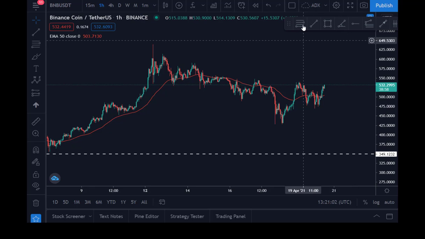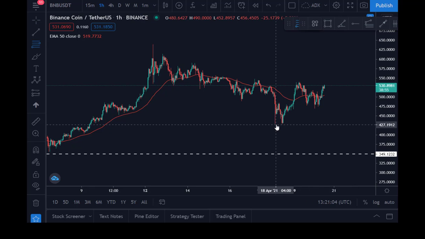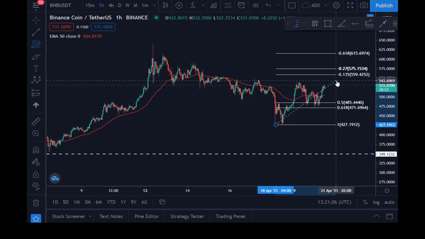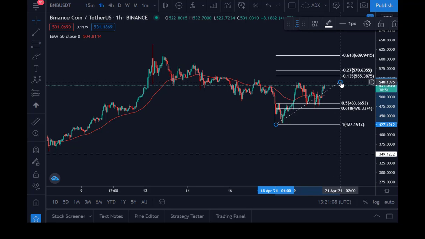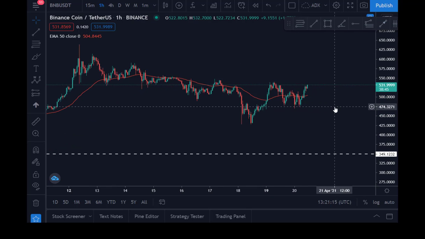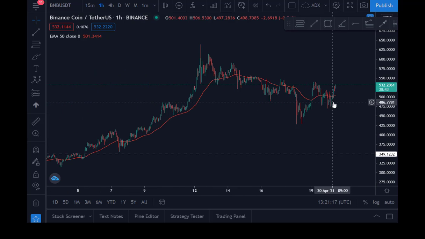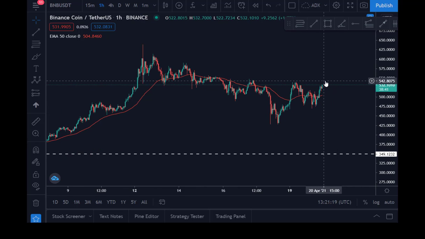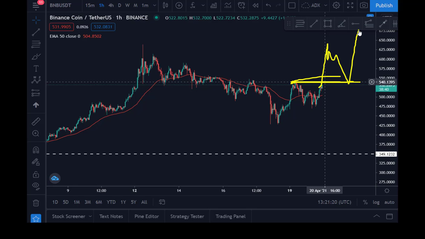Let me check. Let's see how it goes. Potential, yes, very good. So it's breaking out, guys. It's breaking out. So yeah, if you're interested in buying Binance Coin, depends on when you're watching this video. I think the safest place for you to join is here. If it has actually broken here before you're watching it, there's no need of buying. Wait for the next correction before you join. But if you are within this place, you can buy now.